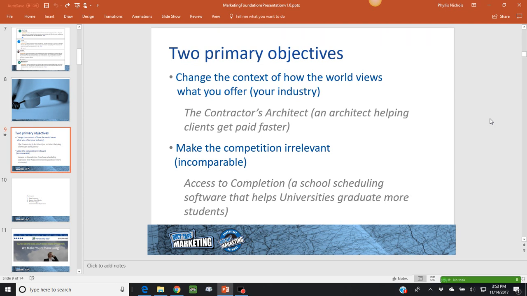And an interesting thing developed, and one of the reasons that they got hired, and this was repeated by more than one client, which was, working with this architectural firm helps us as a contractor get paid faster. It helps us get our projects done sooner. And we like that. Obviously, it streamlines things for us. One of the biggest issues in the contractor world is downtime and waiting for permits and approvals and getting sign-offs, whether it be the state or local city or different levels of approvals in a commercial construction space.